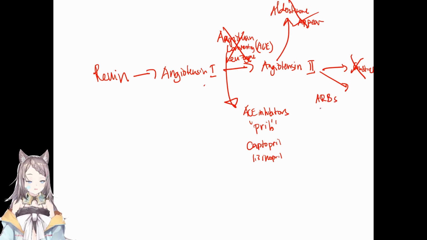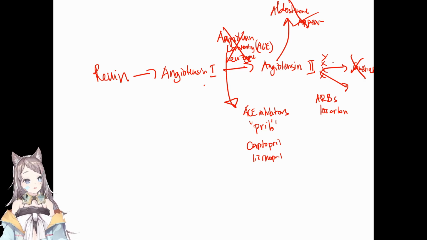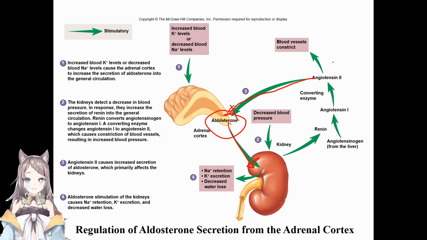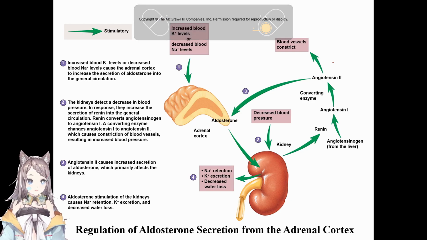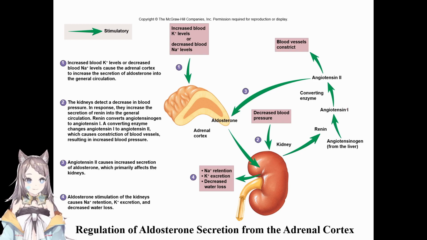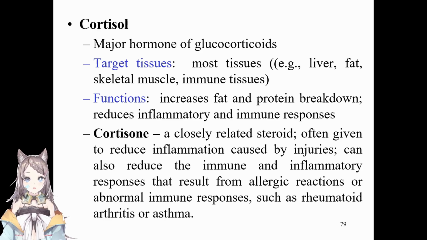You also have your angiotensin receptor blockers or your ARBs. An example is your losartan. It blocks angiotensin from binding to anywhere, preventing the effect of angiotensin. Also leads to decrease in blood pressure. Okay, so it got sidetracked. So you can read this. However, you just simply need to read again.